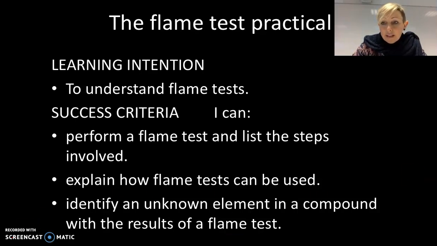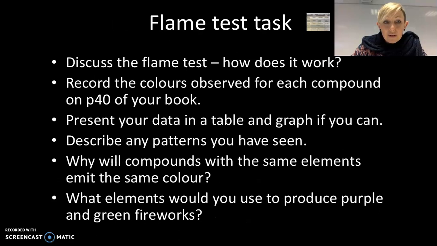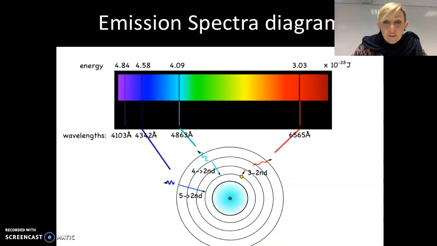Let me explain a little bit of the theory about why different compounds will emit different colours. So, hopefully this diagram at the bottom here is familiar to you. So what we're looking at is an atom. We've got the nucleus in the centre, and we have a number of electron shells or orbits, energy levels, where